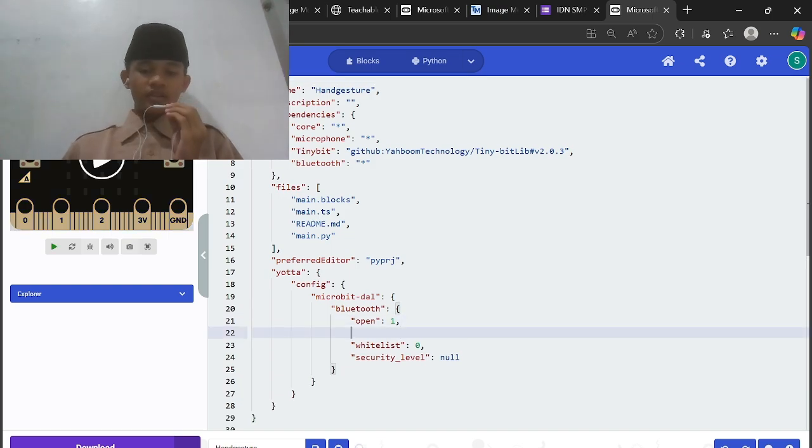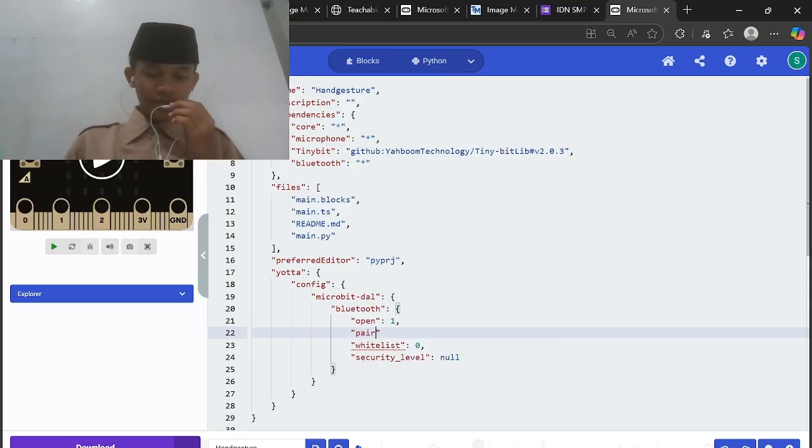Enter this, and add like this. Just follow.